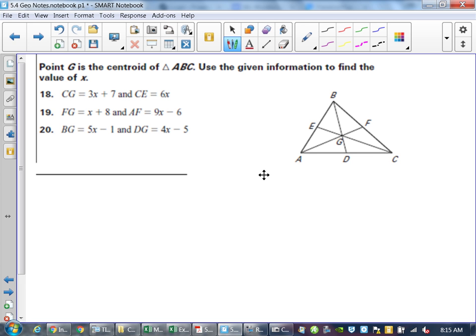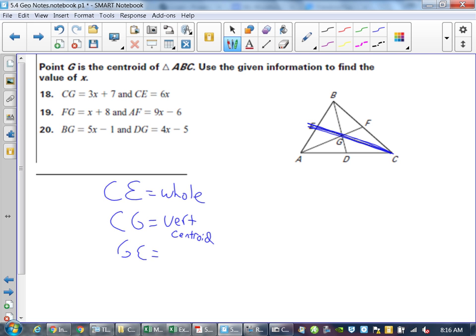It tells you that CG, so if you think about it, CGE is the whole thing. So CE is the whole. CG is the vertex to centroid. And then GE is the centroid